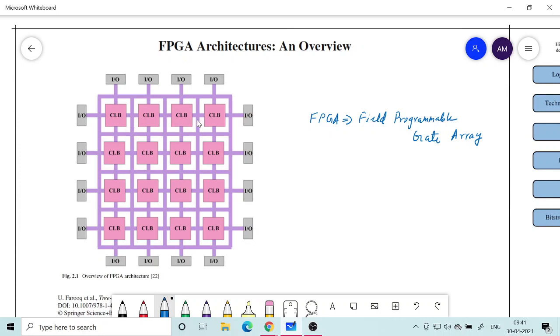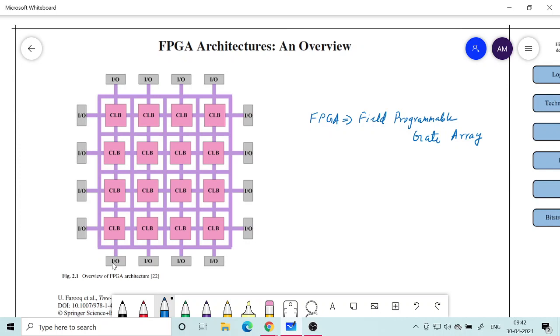And then many logic blocks are arranged in a similar fashion. Okay, they are arranged in the form of an array, but if you look at that array, there may be only two columns, or the number of blocks in the array, which is the LAB, logic array blocks, the number of them is quite limited, whereas when you come to FPGA it's a huge number. Okay, the number of rows and the number of columns. So that is one major difference you will see between complex PLDs and FPGA.